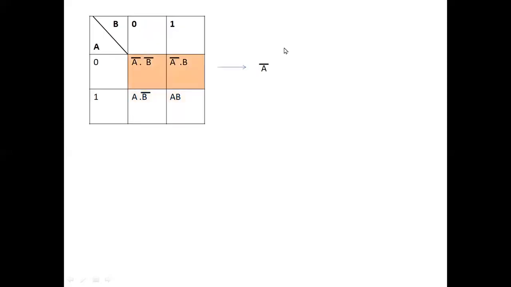Let's have an example. Z is a function which is f of a comma b. There are two variables. It is having three product terms: a bar b bar plus a b bar plus a bar b. All these are product terms summed together. That is the reason this is called SOP form. Now you have to remember how this